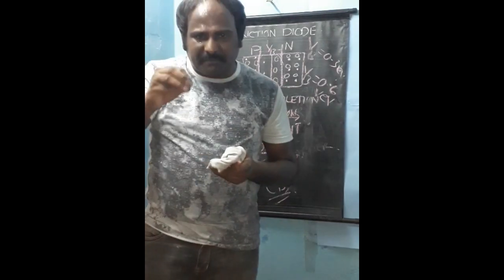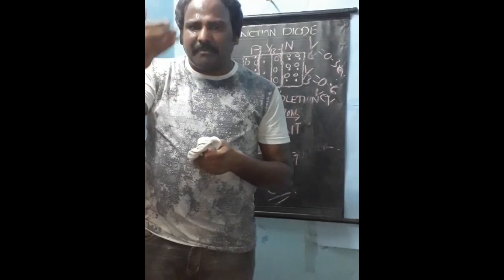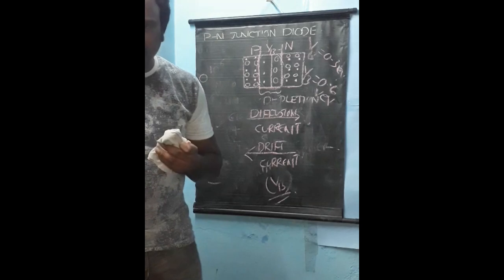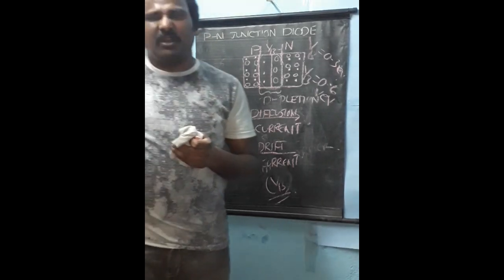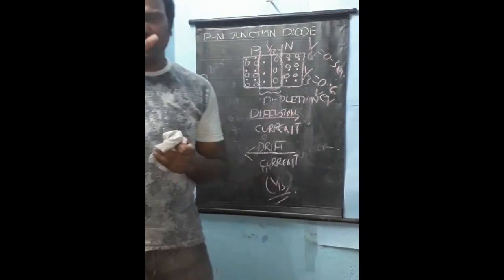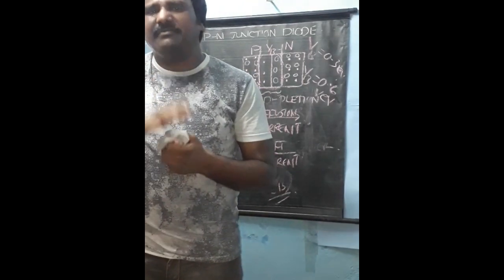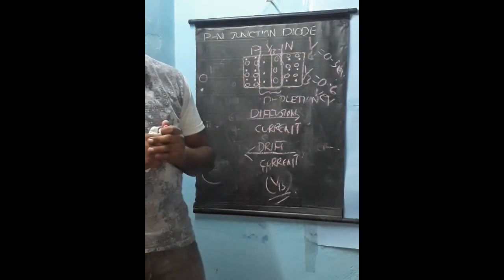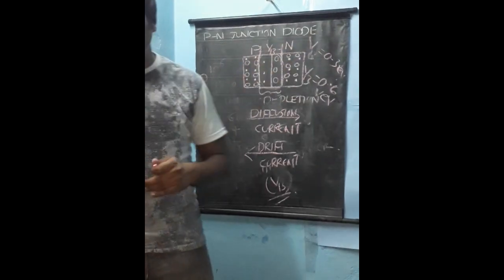At equilibrium, the sum of currents, meaning the sum of drift current and diffusion current, is equal to 0. This is the point which we have to know. At equilibrium, the sum of two currents is equal to 0. One more important point is, at starting, there is only diffusion current. There is only diffusion current from P to N.